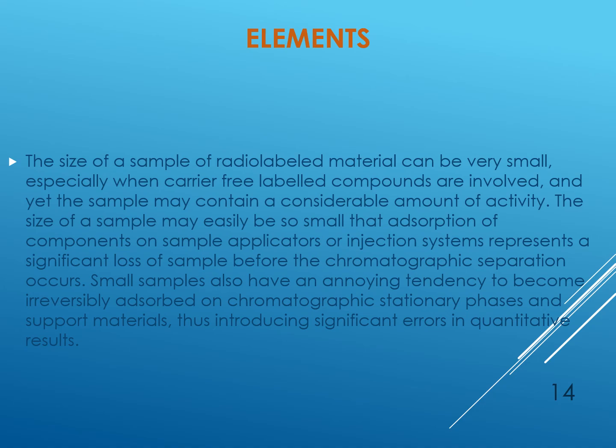The size of a sample of radio-labeled material can be very small, especially when carrier-free labeled compounds are involved, and yet the sample may contain a considerable amount of activity. The size of a sample may easily be so small that absorption of components on sample applicators or injection systems represents a significant loss of sample